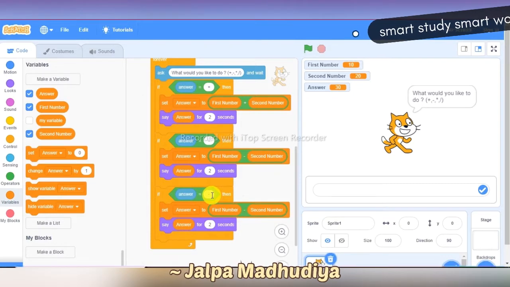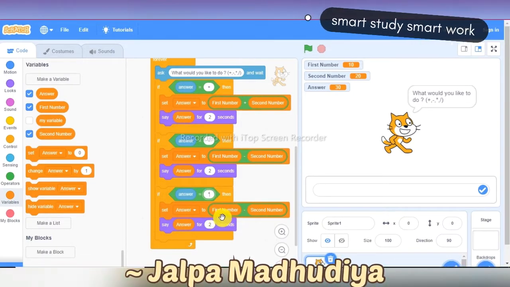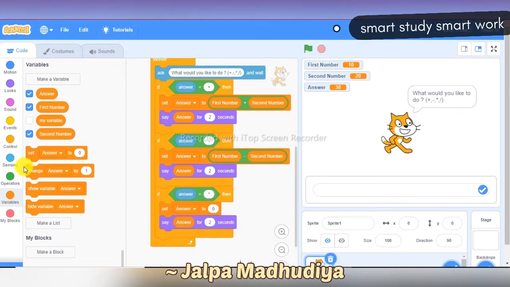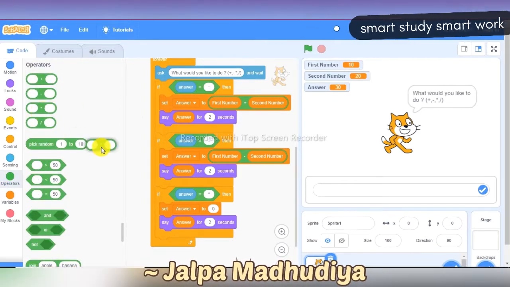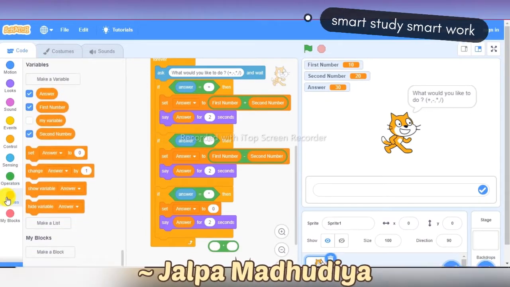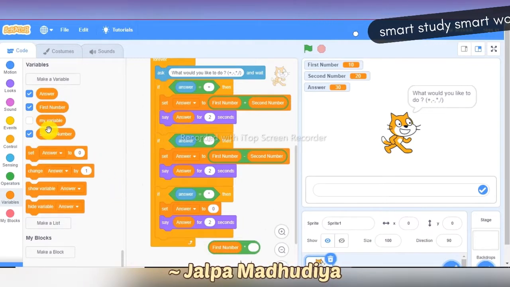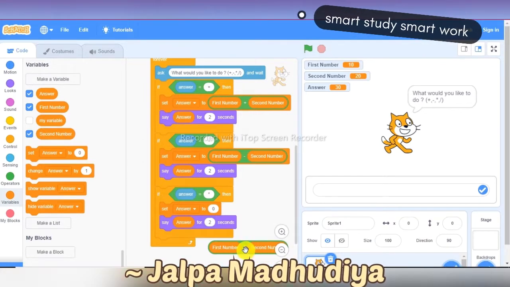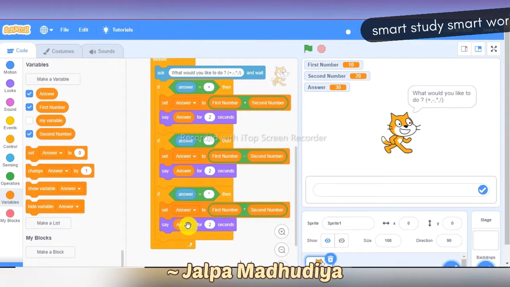The next operation is multiplication, so put the sign of multiplication, and change the operator with the multiplication sign, and take the first variable and second variable. The first variable is first number and the second variable is second number. Put this block into the set block.